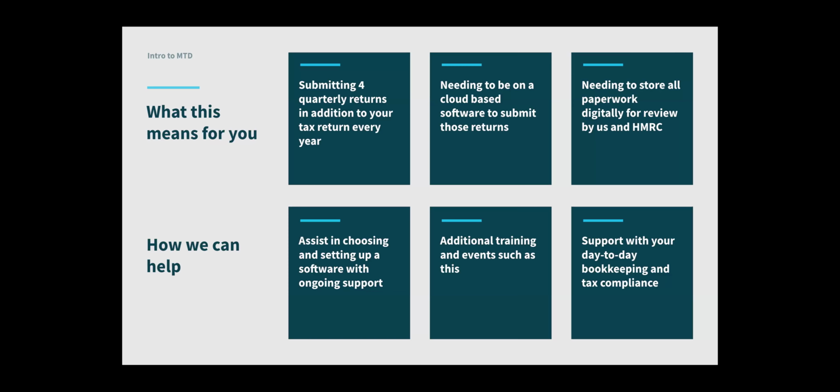So what does that actually mean for you? As mentioned, you've got to do the digital update every 3 months, which essentially is a summary of your income and expenditure. And it's got to go into specific categories as prescribed by HMRC. And in terms of how you're going to do that, you can use cloud-based software, such as Xero would be our recommendation. But it does mean that you can't rely on all your paper records, all your spreadsheets, because all